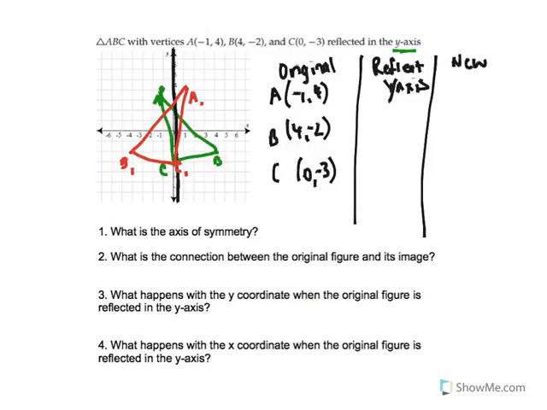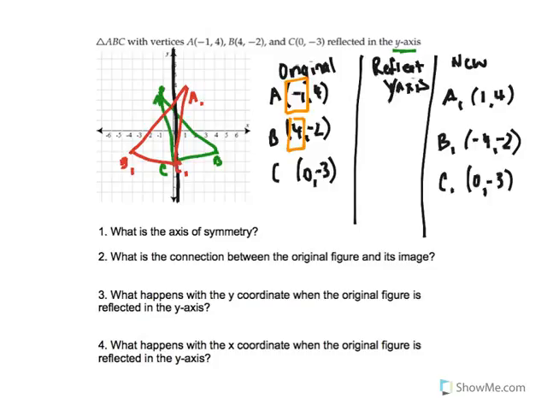And we got our new point. Our new point, A prime, was these. So what if I told you that now, if we reflect over the y-axis, we multiply all of the